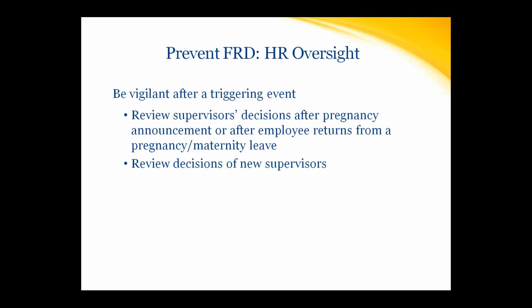HR oversight is so important. Now that you have listened to all of this, you know that when an employee announces her pregnancy, that's a triggering event for FRD in many supervisors' minds. Once somebody has announced her pregnancy, or perhaps once she's returned from a maternity leave, those are times when FRD is most likely to arise. So you, as HR or as company counsel,